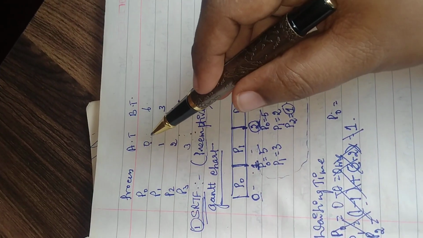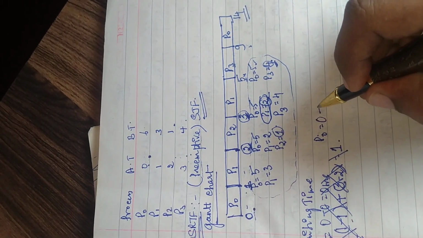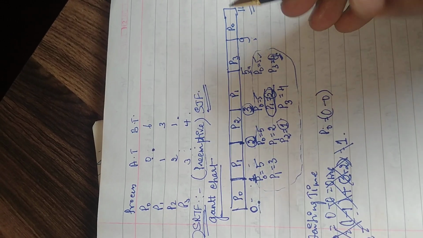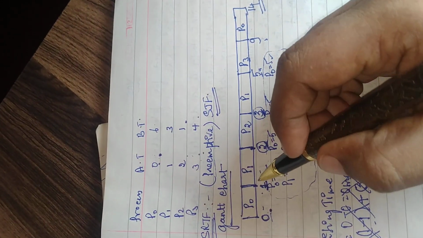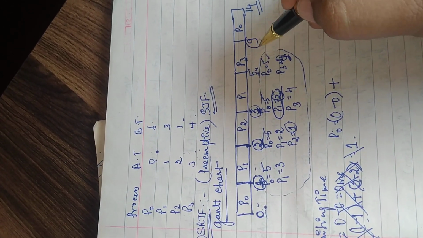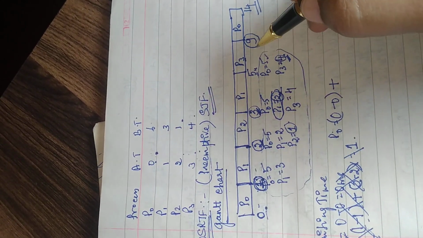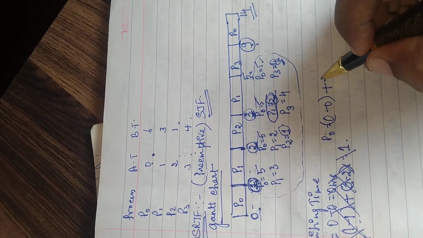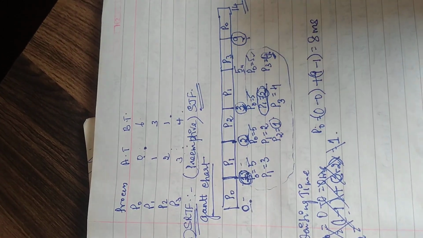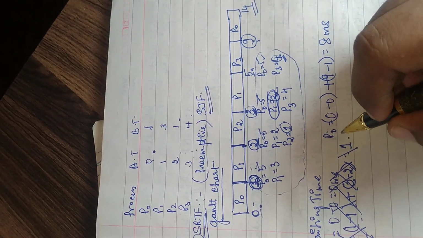Okay. P0 came in at 0 milliseconds, got the CPU at 0 milliseconds. So 0 minus 0, how much are you going to get? That is 0. And you can see P0 is there once again, plus. It executed till 1 millisecond, and it was stopped, and again got the control at 9 milliseconds. So 9 minus 1. So in total it is waiting for 8 milliseconds. So this time period is waiting for its turn to get the CPU.